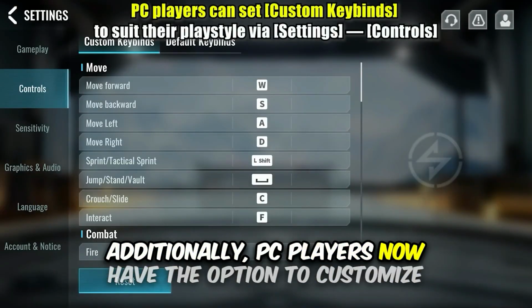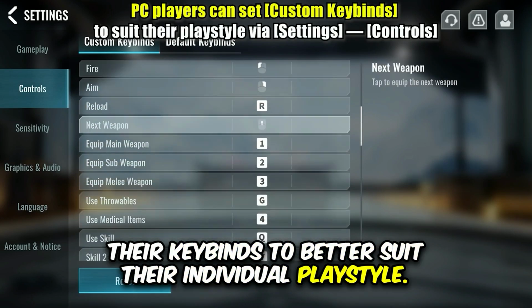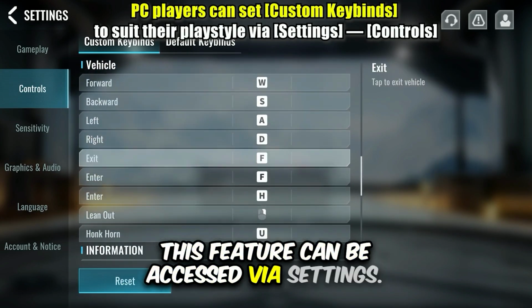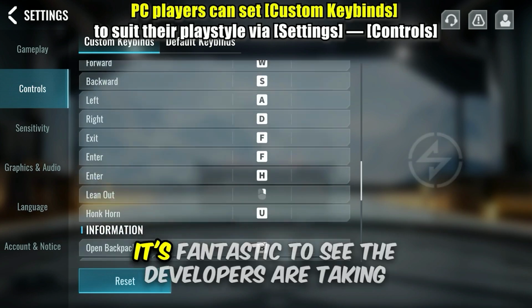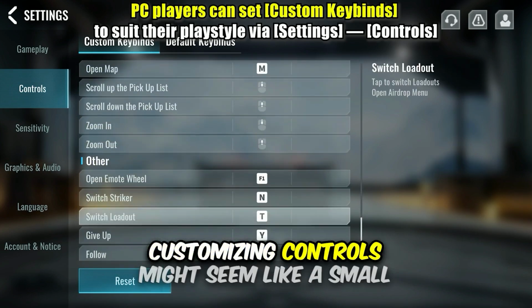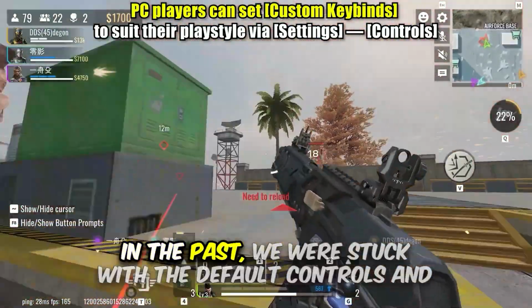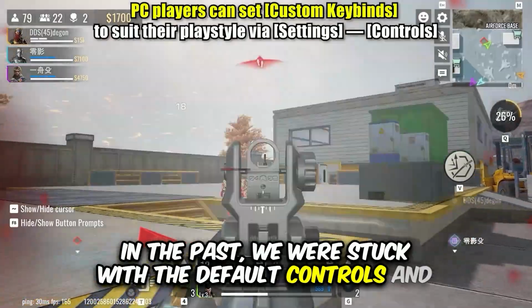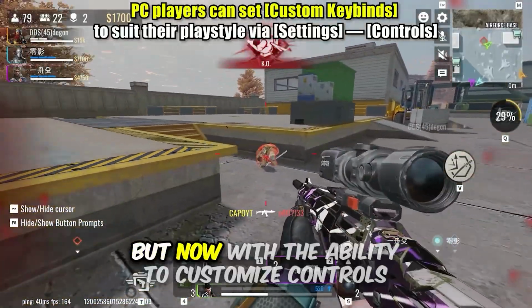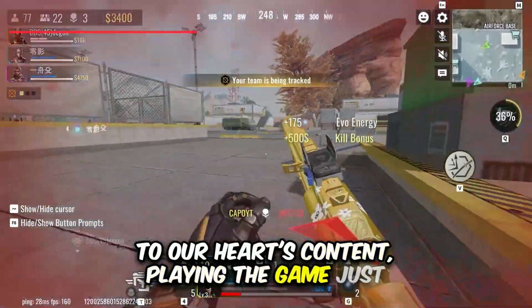Additionally, PC players now have the option to customize their keybinds to better suit their individual playstyle. This feature can be accessed via settings and then controls. It's fantastic to see the developers are taking care of the PC players too. Customizing controls might seem like a small thing, but for many players it's a huge deal. In the past, we were stuck with the default controls and that could be frustrating. But now with the ability to customize controls to our heart's content, playing the game just got a whole lot